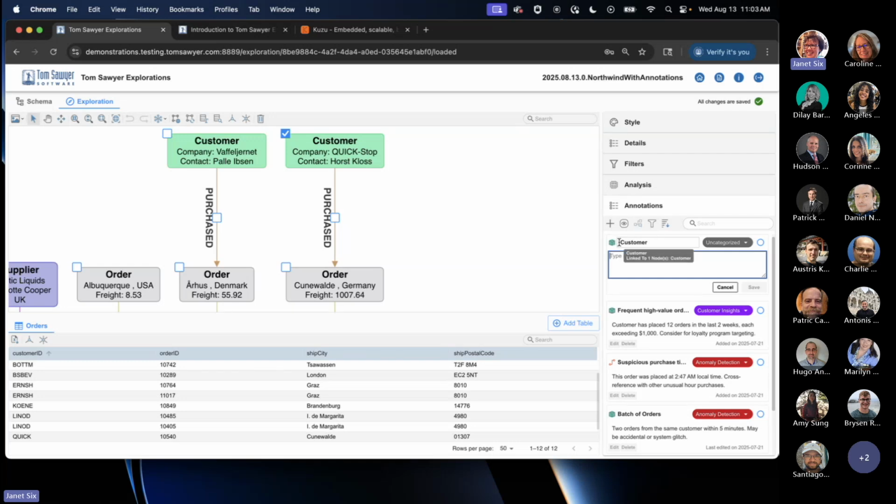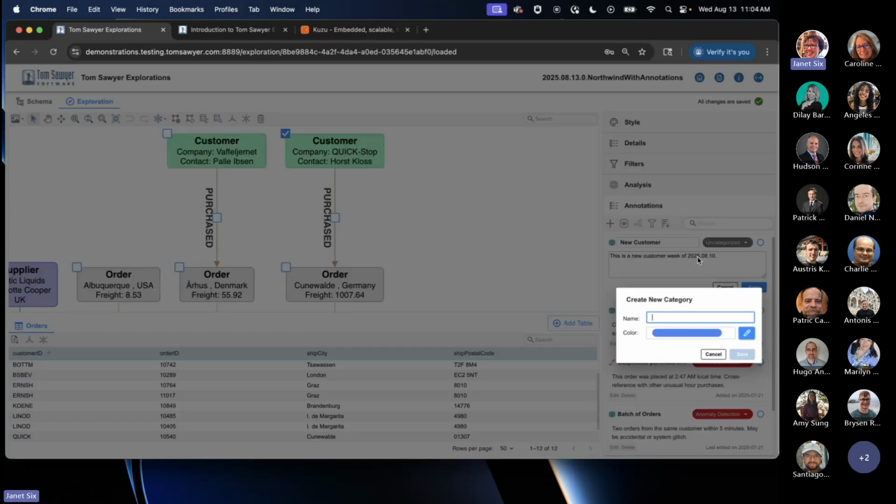So this is a new customer. So we're going to add that here. New customer. And then we can say is a new customer this week. And we also get to categorize our annotation. So we can use one of the existing categories, or we can create a new one. So we're going to create a sales opportunity,